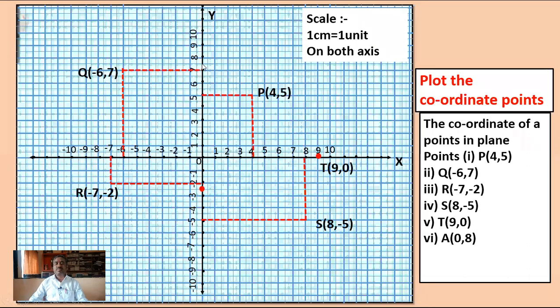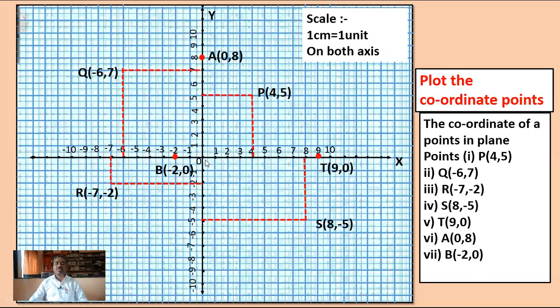At this point is the 8 on the y axis. Therefore, point A lies on the y axis, its coordinate is 0, 8. And next point is B, -2, 0. X coordinate is -2 and y coordinate is 0. Therefore, point B lies on the x-axis at this point, -2. Therefore, point B lies on the x-axis and its coordinate is -2, 0.